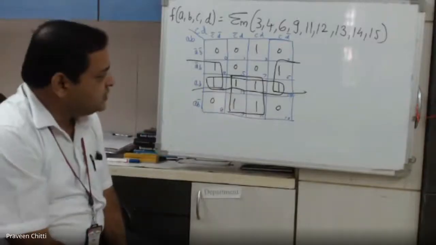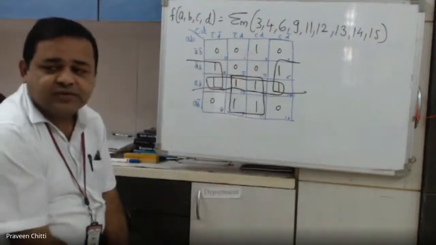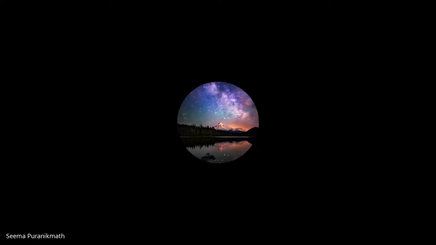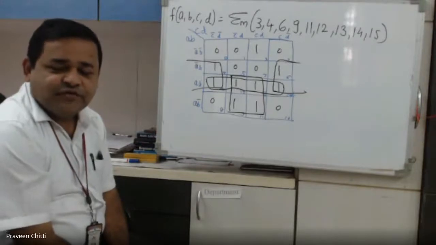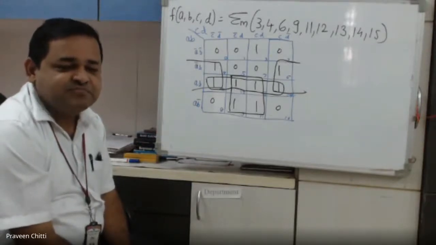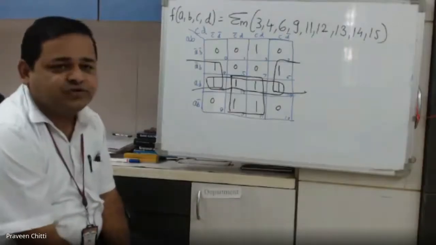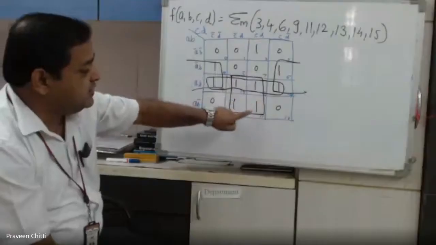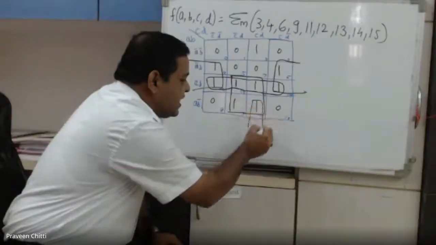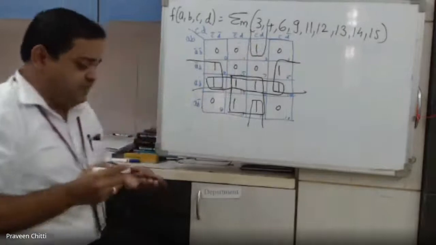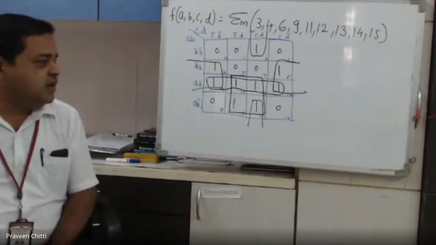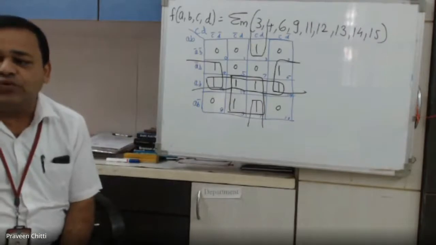Then what next? One more. This is left now. Sir, only circling it. Only circling it. When should you circle it? If nothing is adjacent to it, if no one is present, only in that case you have to circle it. Can it be combined with anything by folding? By folding, we can combine cell 3 with what? 11. 3 and 11 can be combined, and this is how we have covered all the ones.